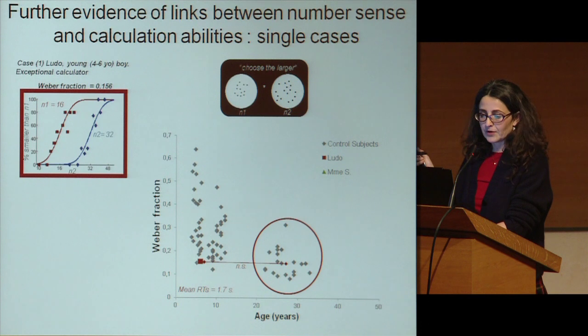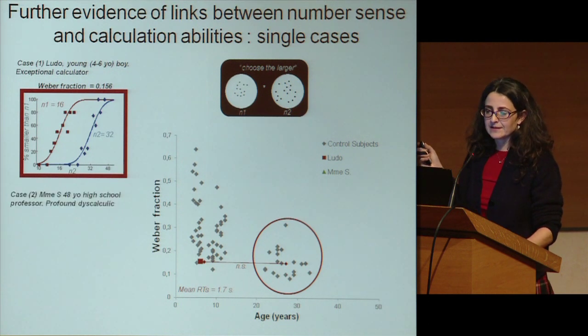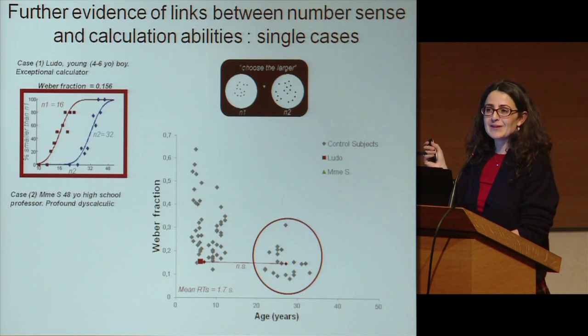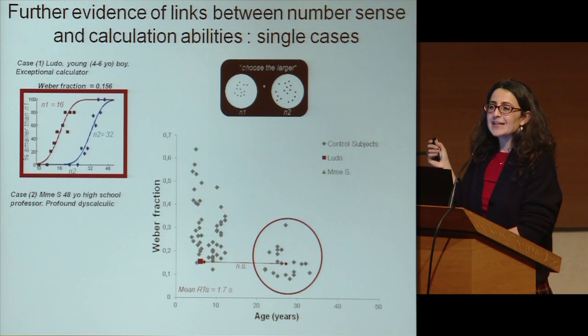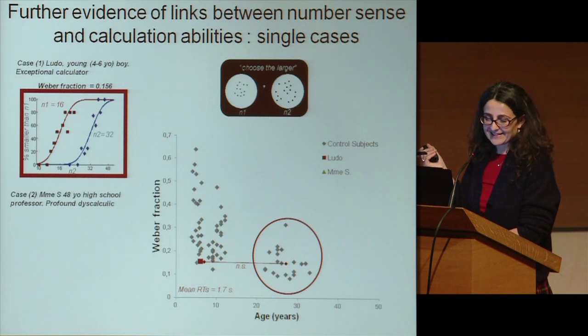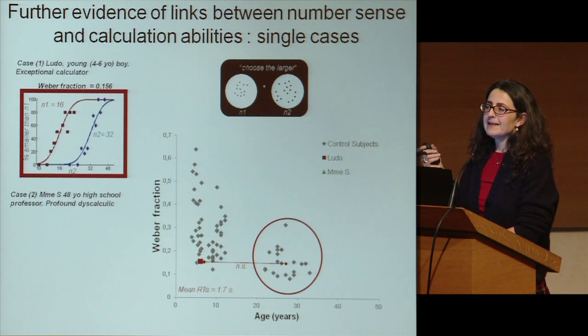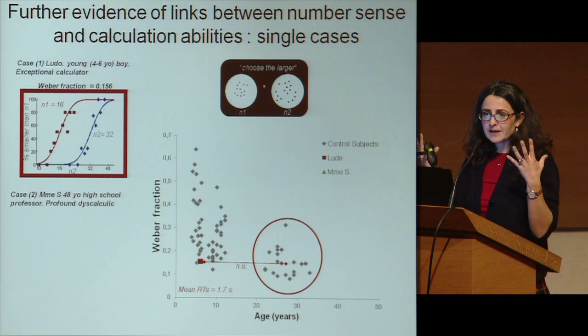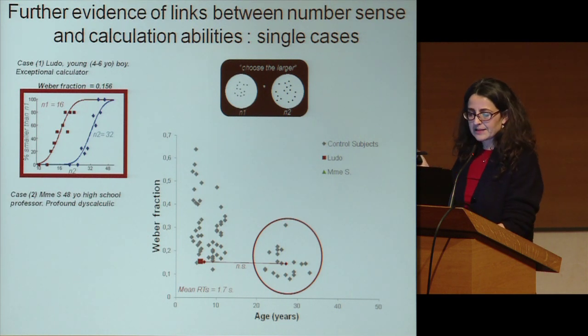On the other side of the coin, we also had the chance to test recently an old lady, well, old, 48 years old, a high school professor, a very educated person. She was, of course, a professor of French literature, not a mathematics professor, who was profoundly dyscalculic. She couldn't solve single-digit multiplication problems. Out of 12 problems, she made 10 errors, and she could take up to 12 seconds to solve a single-digit addition, making a lot of effort using fingers and all sorts of verbal strategies.